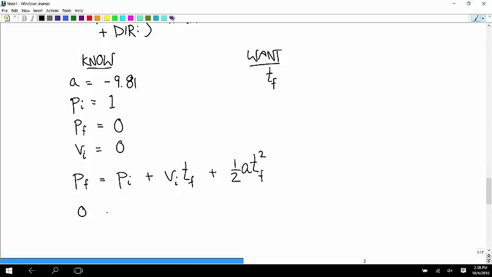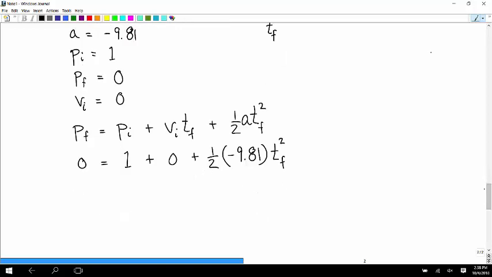So we have that 0 is equal to 1 plus, since VI is equal to 0, this term is 0, plus 1/2 times negative 9.81 times TF squared. And so you get, 1/2 times negative 9.81 is negative 4.905. You can add that to both sides and you get